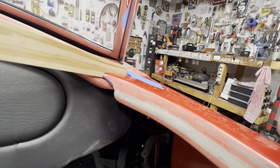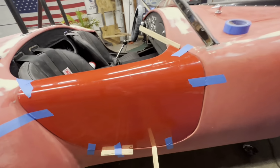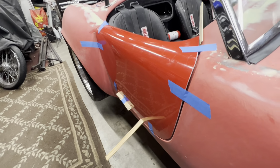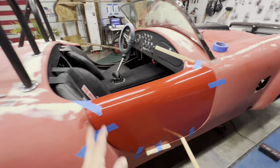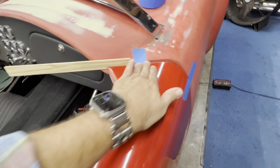Everything down here is loose. The whole thing is loose, the hinge. So I'm just trying to get the door set first, and then I'm going to start tightening it up. I played around with just tightening the door and holding the door, or tightening the hinge and holding the door, and it's pretty aggravating. You start tightening, and the next thing you know, it's off back here and on and on. So now I'm wedging it everywhere I can, getting it set as close as I can, and then